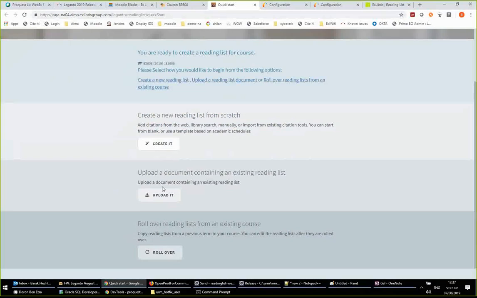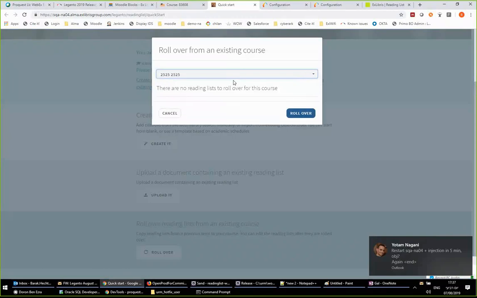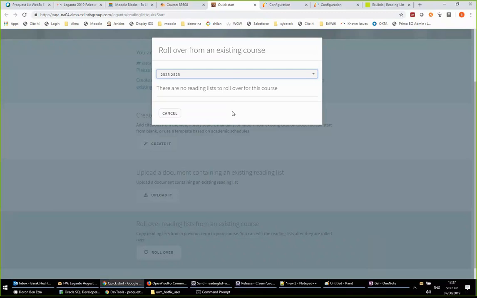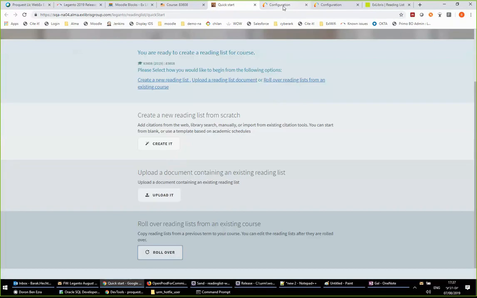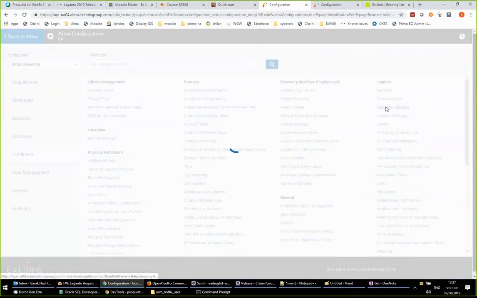We had these 2 options before, and now we have this new third option where I can roll over from a course that already exists. So I arrive to a new course that doesn't have a list, and I have the ability to roll over an existing list and associate it to this course. I just want to show you how this is controlled. As before, in the customer settings,